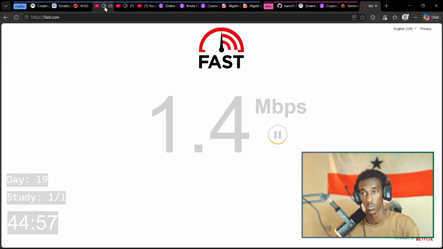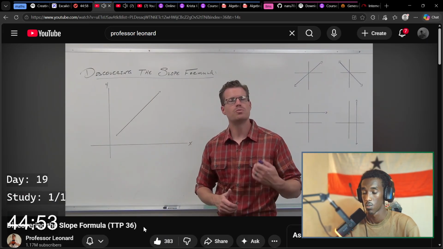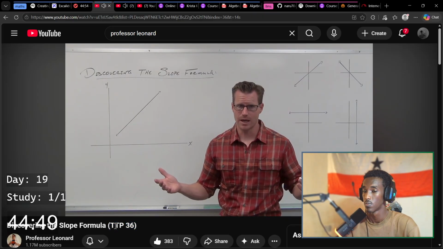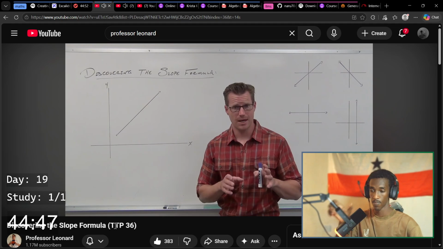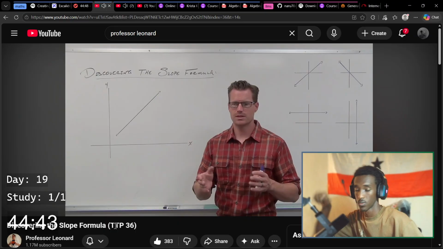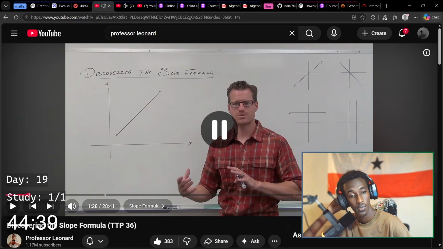But that's what we're getting to. So let's start with a random line. Now, let's put 2 points on this line. We know that we've got to have at least 2 points to even make a line. So we're going to have 2 points to also find the slope of that line. So this whole slope formula is predicated on the fact that you got to be able